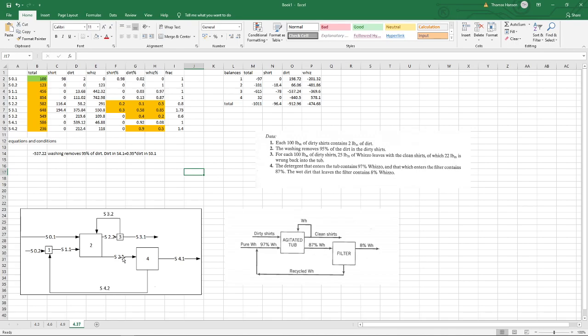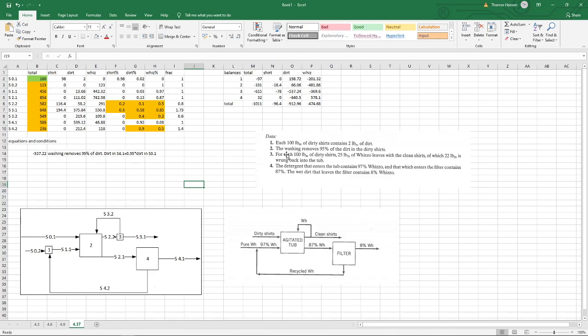Not 2.1. When I was looking at it earlier, my first thought was that I have some dirt entering in 0.1, I have some recycling in 1.1, and I actually might have some recycling in 3.2. So that was my initial thought, that I needed to add those up, and it was 95% of that. But